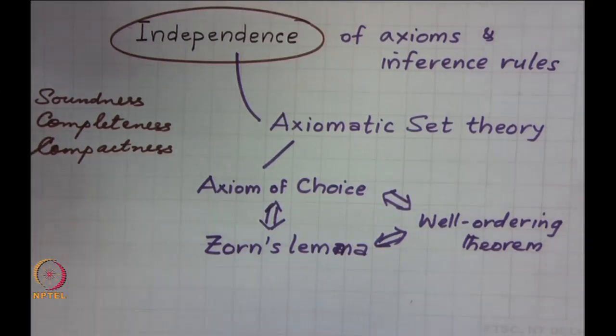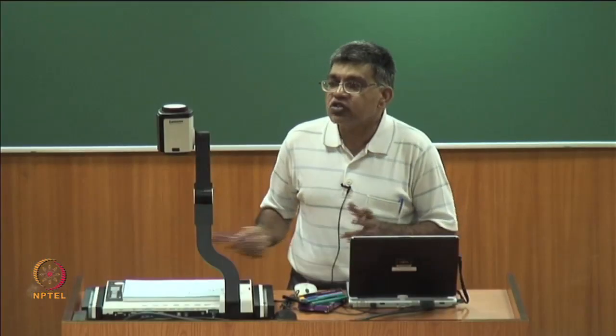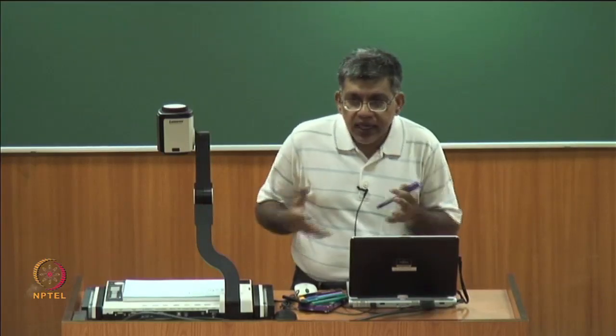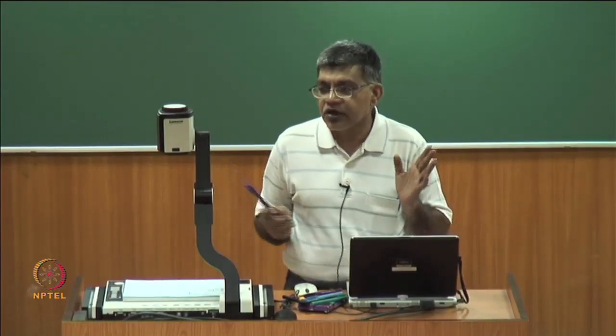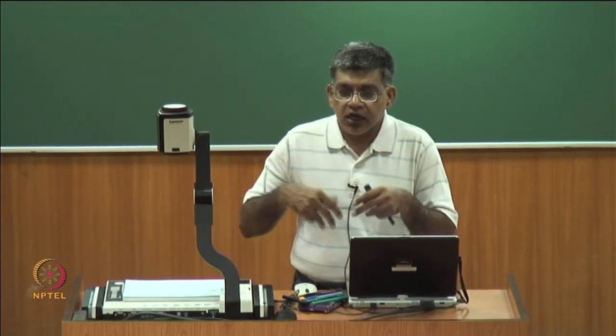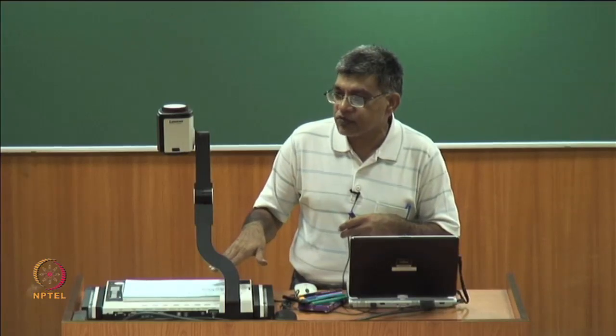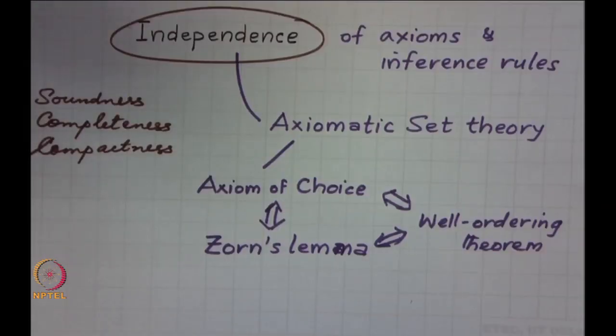Which means it is possible to remove the axiom of choice and have a separate axiom system for set theory, a non-standard set theory, in which the axiom of choice may not be applicable. The moment the axiom of choice is not applicable, it also means you may not use any kinds of well orderings, you cannot use Zorn's lemma and so on, right. And in that sense, the axioms of set theory still allow enough leeway to add some other axiom instead of the axiom of choice, because the axiom of choice itself is independent of them, right.